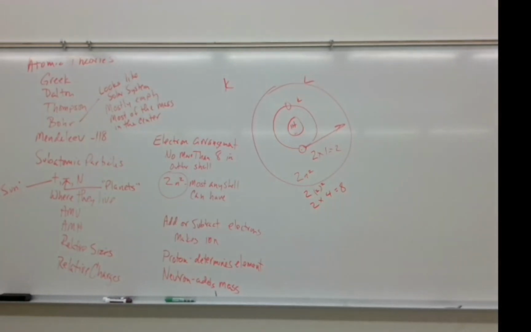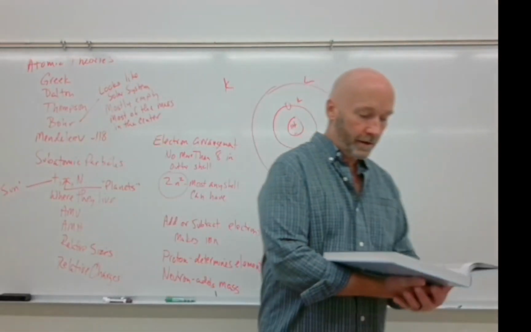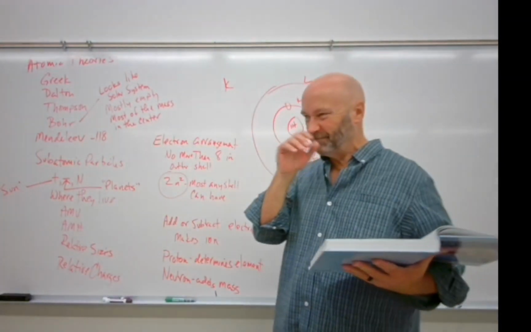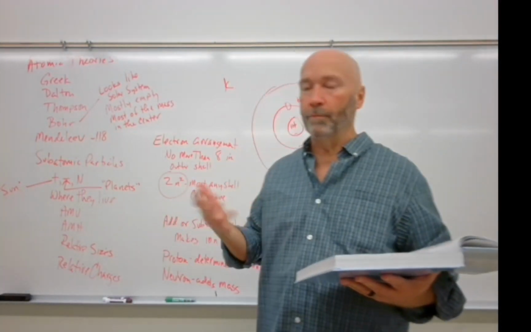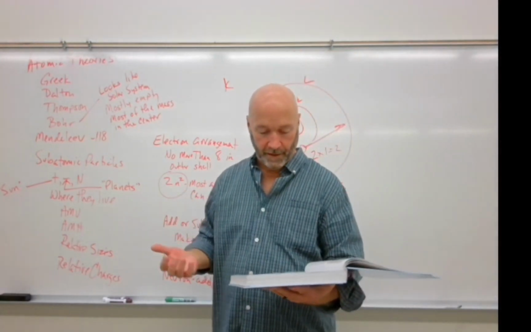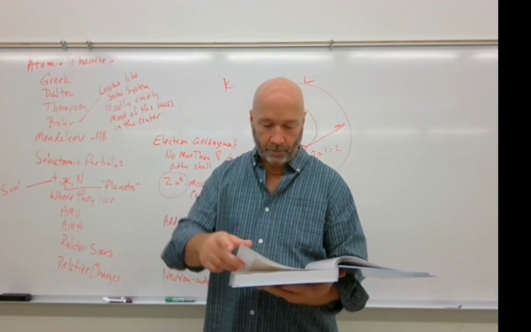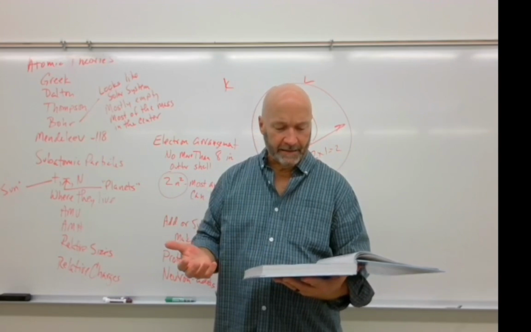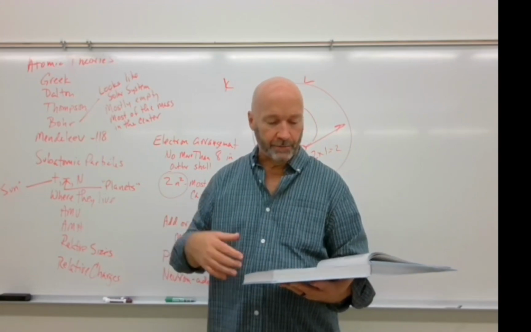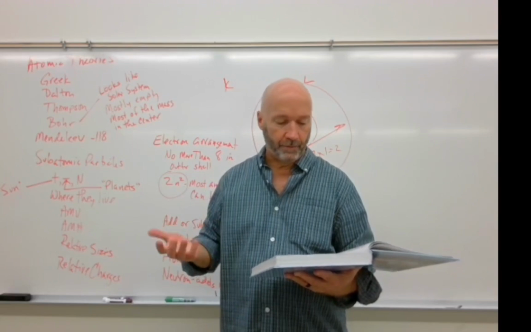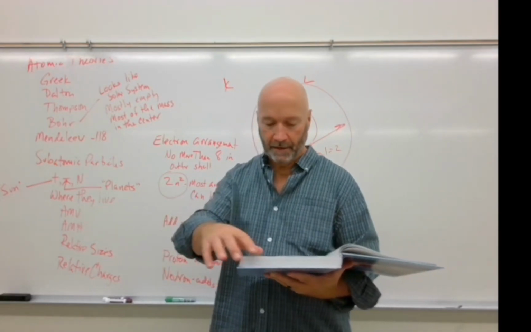So then we get into atomic nomenclature on page 43. A number of things about atomic nomenclature. Some of the things that I'm going to mention here are going to be more important than others, just like everything else, really. The atomic mass number and the precise mass of an atom are not equal. Ionization occurs whenever you add or subtract electrons. Some things are more ionizable than other things.